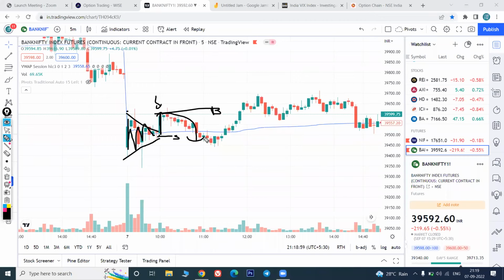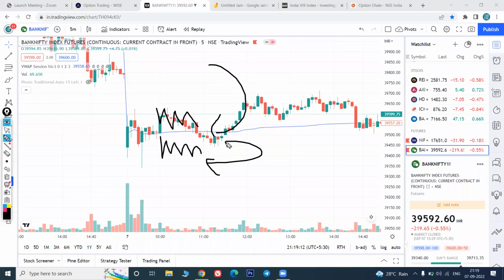I'm not telling you this pattern will work or will not work, but what I'm telling is, if you want to play direction, let the price stay above VWAP. If you want to play bearish direction, let the price comfortably stay below VWAP. That is what I do. Again, I'm not forcing anyone. This is purely an educational session to make you understand the straightforward mistakes